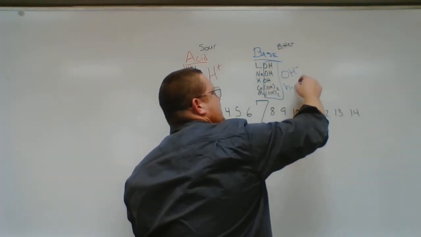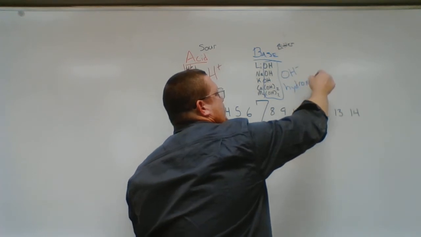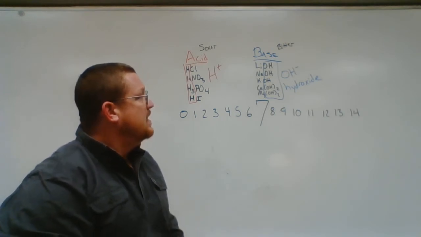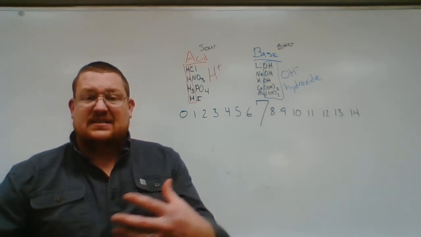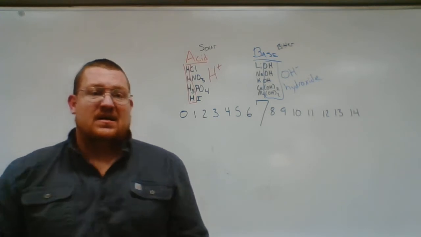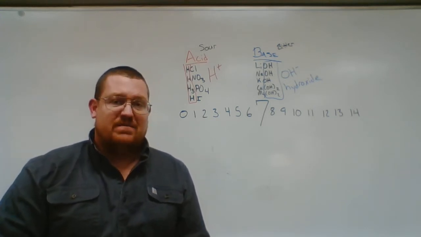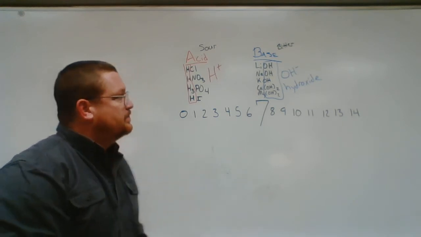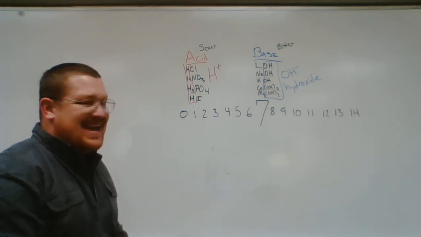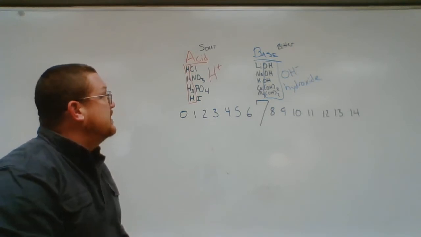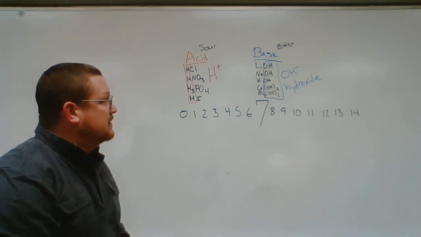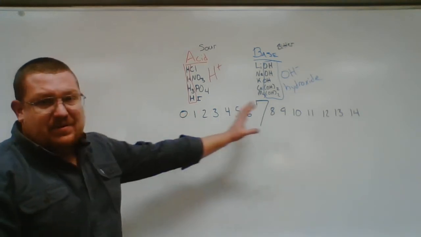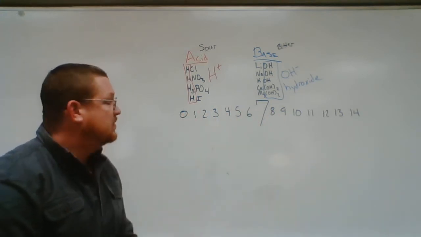Now this one, I'll write the name out for this one. I probably will spell it wrong, but this is the hydroxide ion. So this is similar to the acid being the proton, the hydrogen. This ion that we associate with being basic or alkaline is the hydroxide. So that is at its base what the acid is and what the base is, especially when we mix with water. So looking at how we put this on the scale,